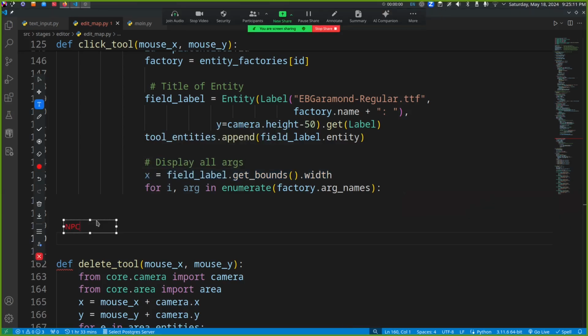Let's say, for example, that we have an NPC. So it's going to display NPC here, and then it's going to have a text field, and then it's going to say name, right? So we have the X position here, so it's going to know that. And then we need to get the X position here. That way we can come in and add our next label over here, and this will be for the